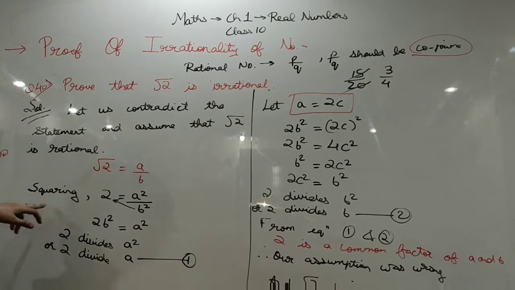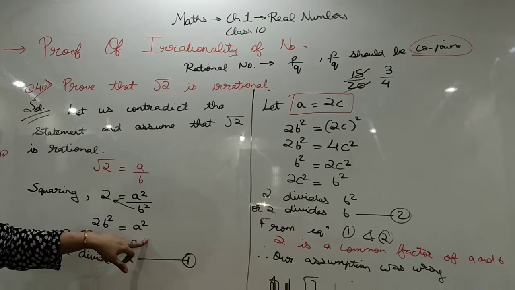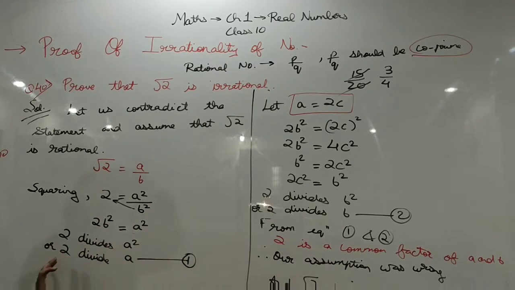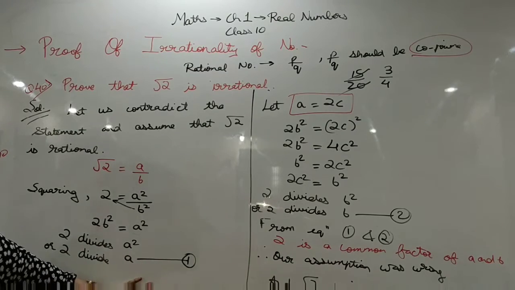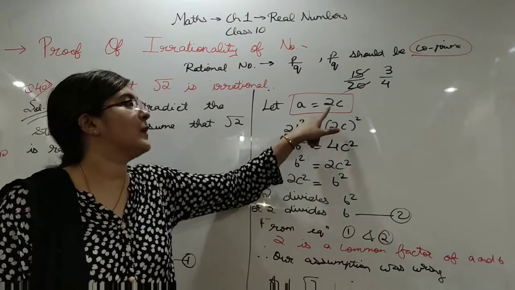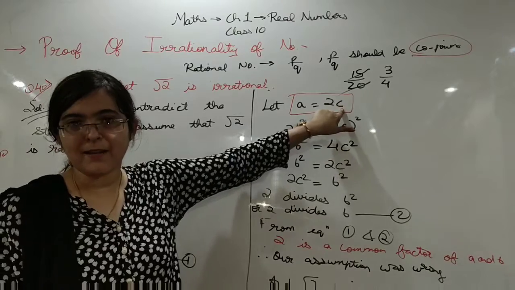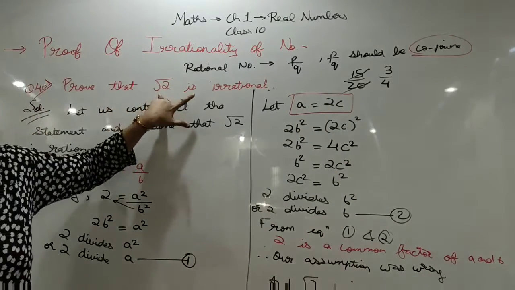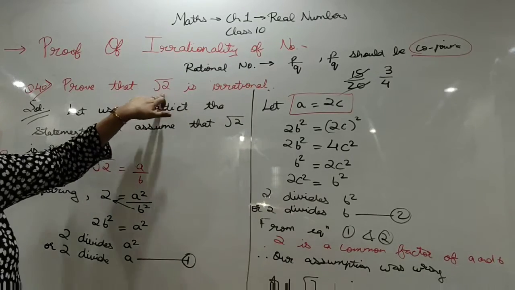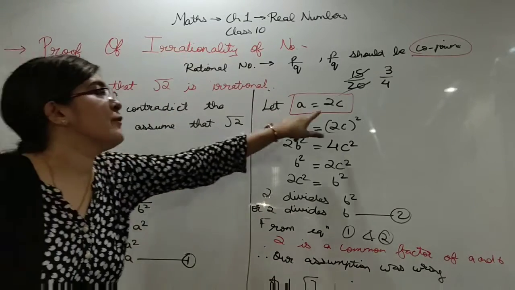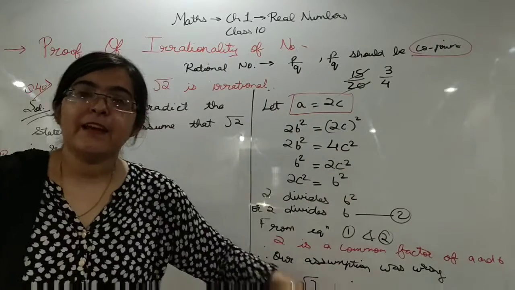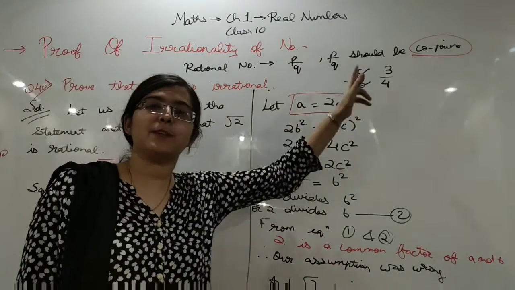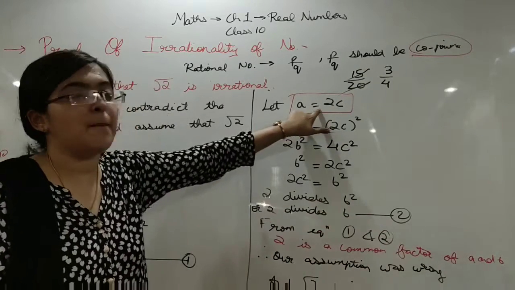Now we have squared it. It became this. Now what we are doing, we are saying that 2 divides a square. If 2 divides a square, 2 will also divide a. Now we are taking a new element, a is equal to 2c. c is our new variable. I have told you why I am using 2 here, because I have to prove root 2 irrational. In the next question, we will prove root 3 is irrational, so we will keep here a is equal to 3c. If we have to prove root 5 as irrational, we will put a is equal to 5c. Okay, this is your main step.